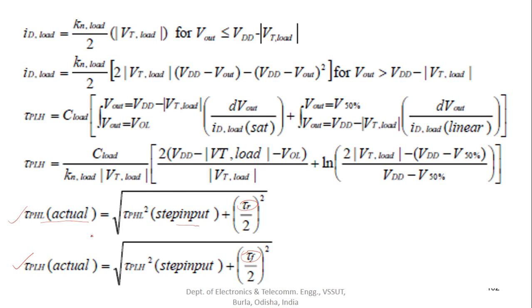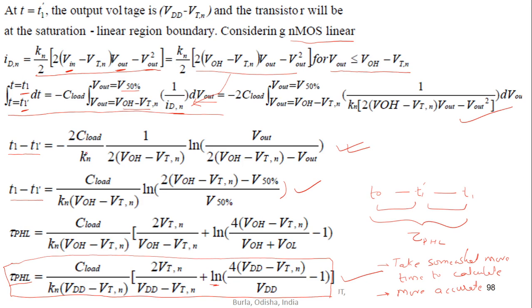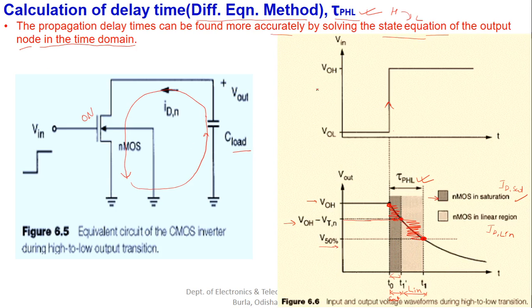So remember, these two equations, tau PLH and tau PHL, were derived under the assumption that the input signal is perfectly ideal in nature. That is, the input signal is of this kind. It is not having any sort of delay in the input signal, but when it involves some sort of delay like this,